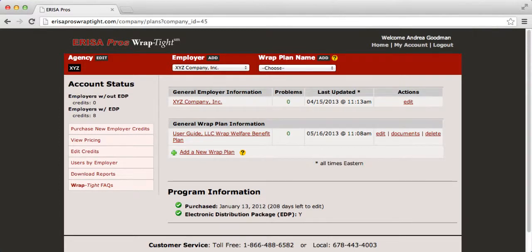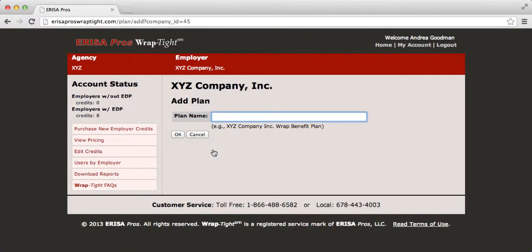On the main menu page, click Add a new WRAP plan. Generally, an employer will use WRAP-Tite to have one WRAP plan encompassing all of its health and welfare benefits. However, an employer can create multiple WRAP plans. For example, where there are two separate plans maintained for union and non-union employees, you can create both for this